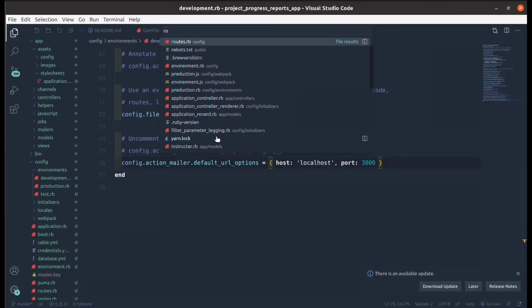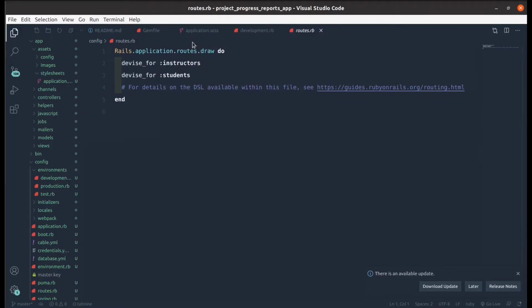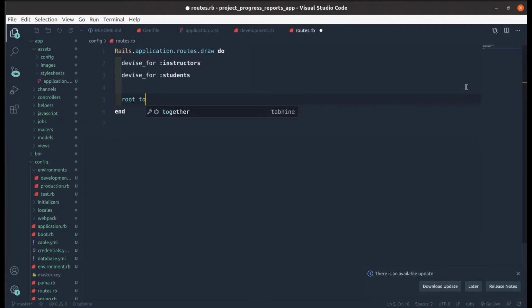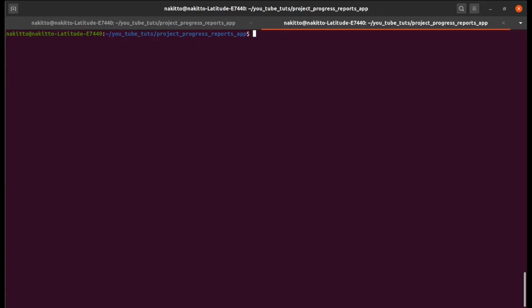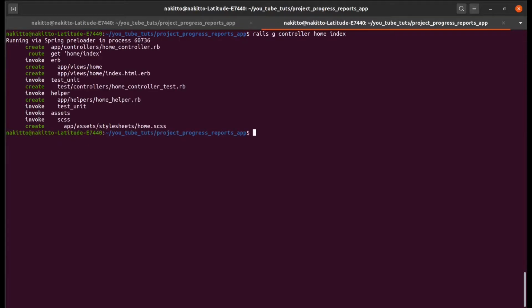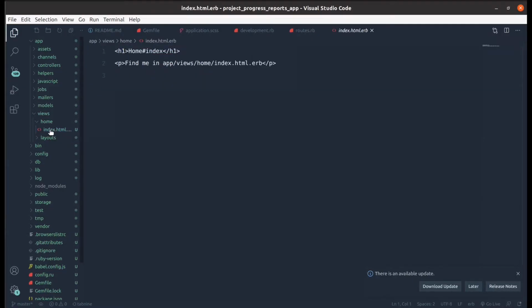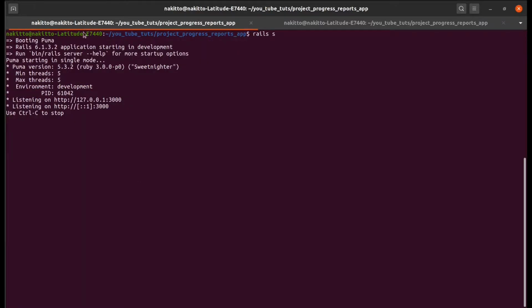Alright, so in our routes file, we're going to go and add the route URL, and that is going to be the home index action, home#index. So let's just go to our terminal and create the home controller, adding the index action, and these are the files that it's going to create. So yeah, right there in the home folder. If we open our index file, you can see that it's been created, and